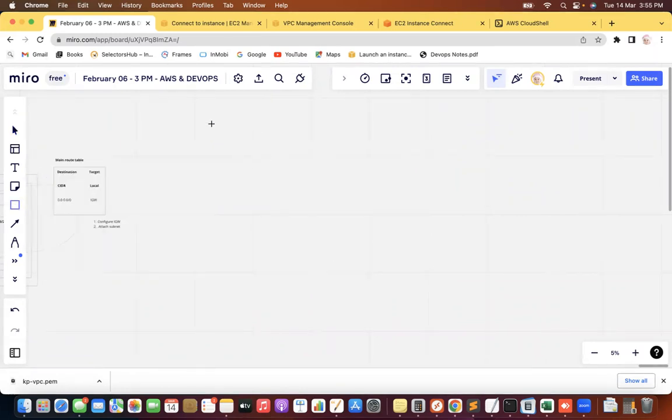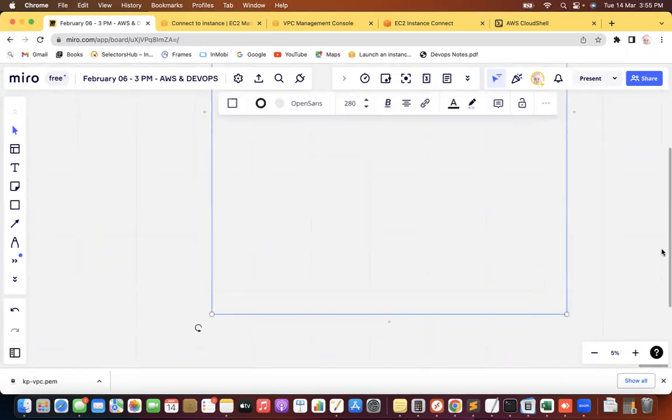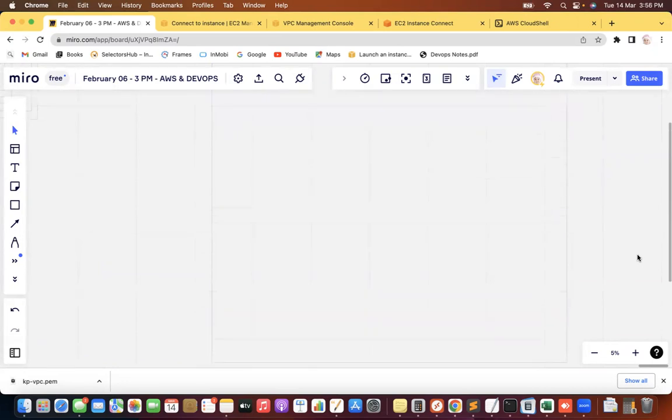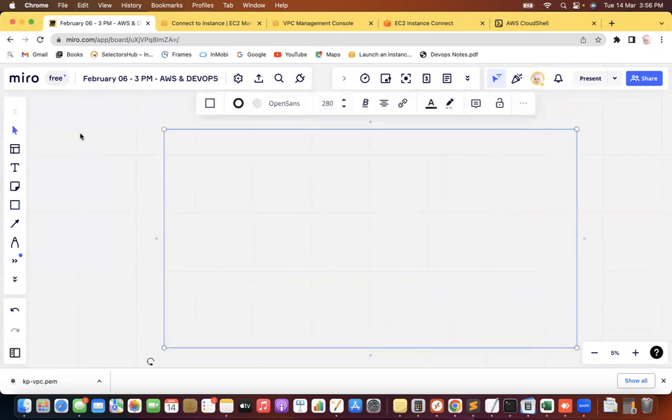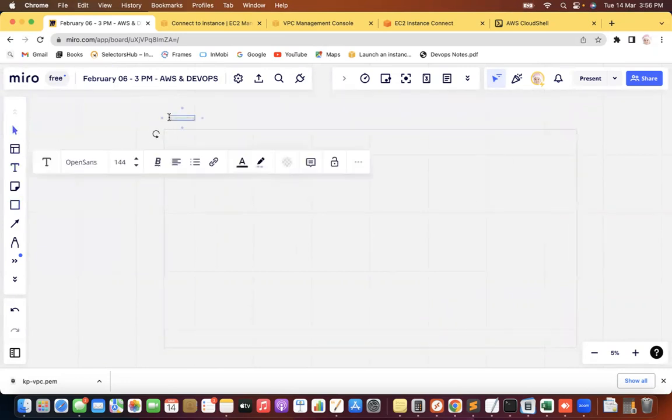Quickly, I am drawing one diagram. Listen. Suppose I have a region. This is my region, and inside the region